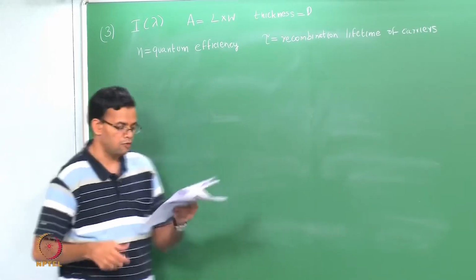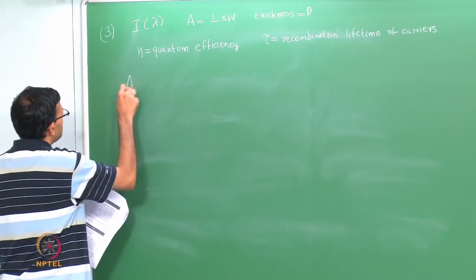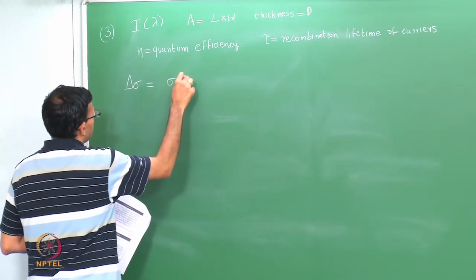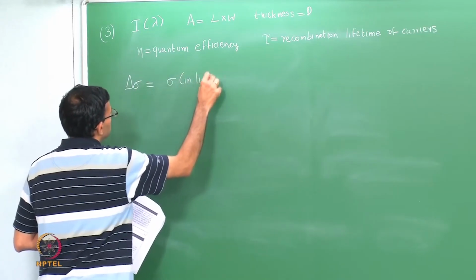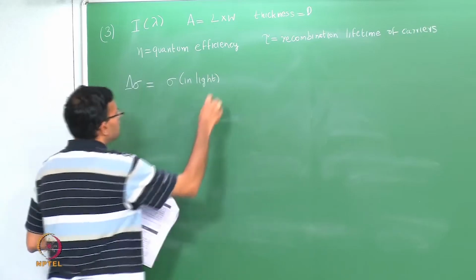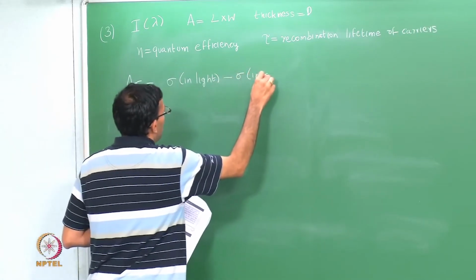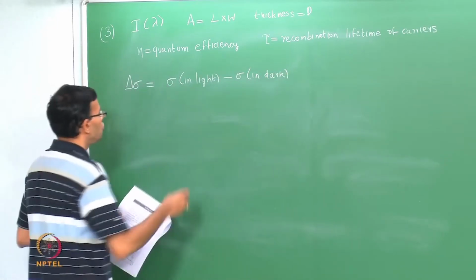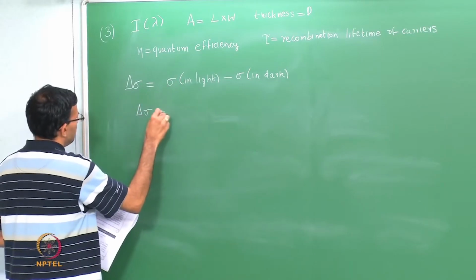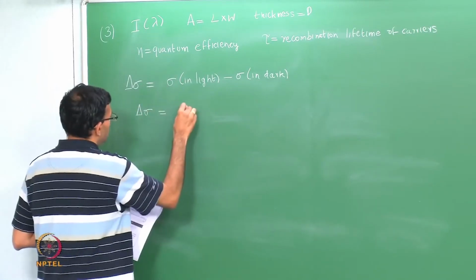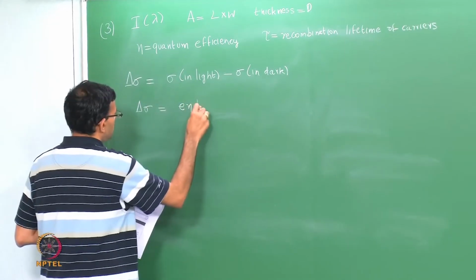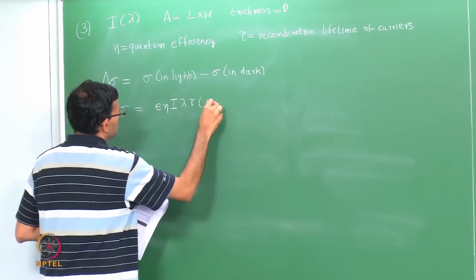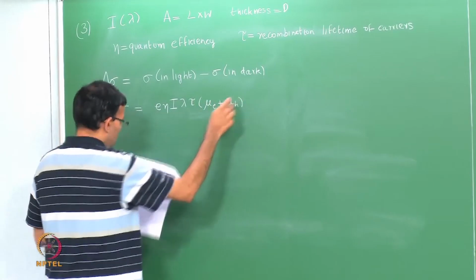This is called photoconductivity, and the difference in conductivity delta sigma is defined as sigma in the presence of light minus sigma in the absence of light, typically the dark state, and we have to show that delta sigma is equal to e eta I lambda tau (mu e plus mu h)